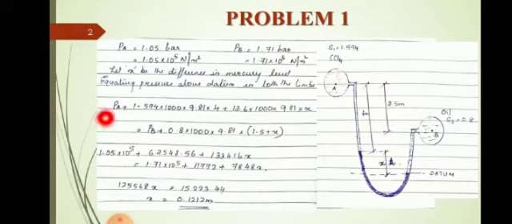So in the left limb, what all things are there? PA is there, plus what is there? 1.594 is the specific gravity of carbon tetrachloride, into 1000 will give you the density of carbon tetrachloride. So rho g, 9.81, and the height is 4 meters. So rho g h, plus mercury for a height of X. 13.6 is the specific gravity of mercury. Even if it is not given in the question, you are supposed to know the value. So 13.6 into 1000 gets you the rho of mercury, into 9.81 into X. So the pressure above the datum line in the left limb is over.